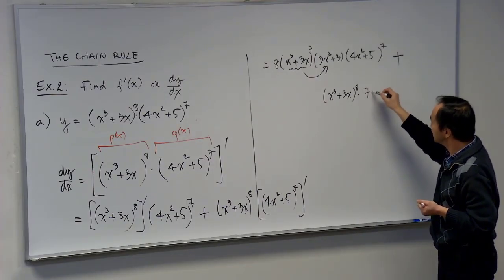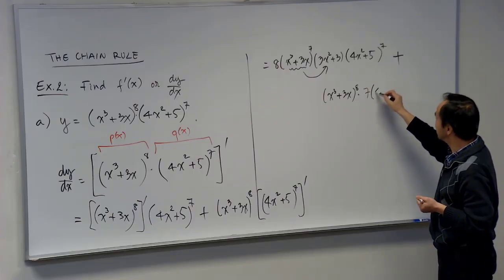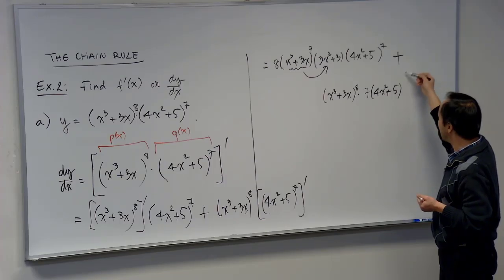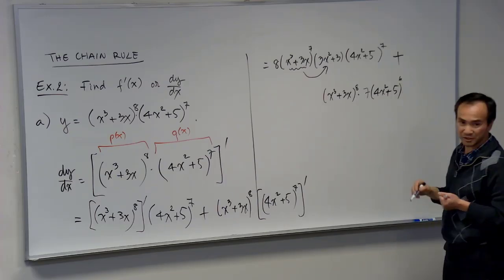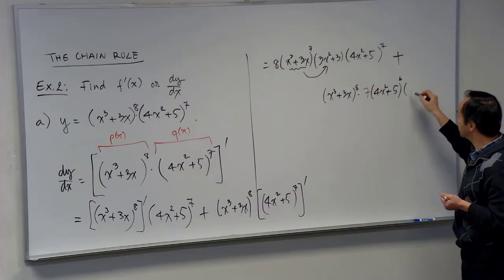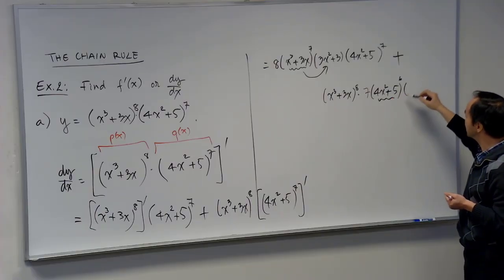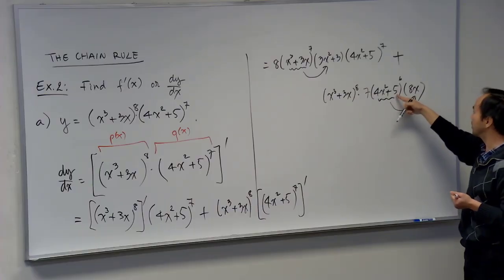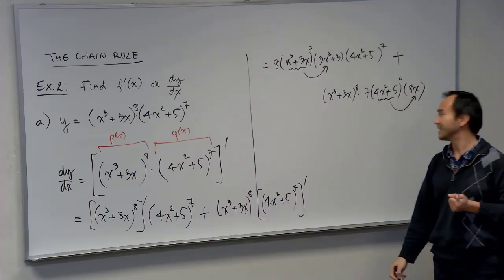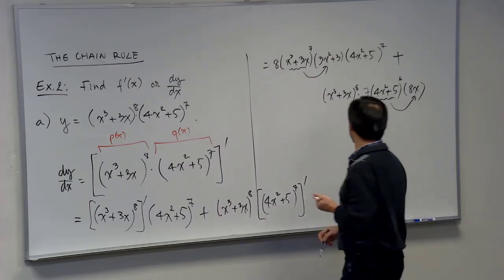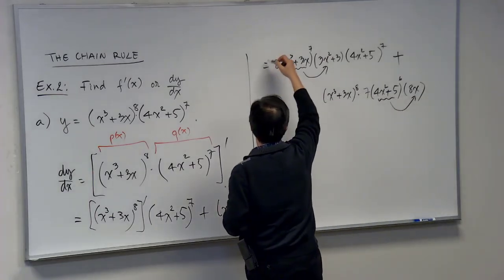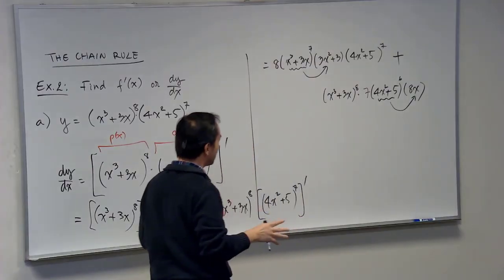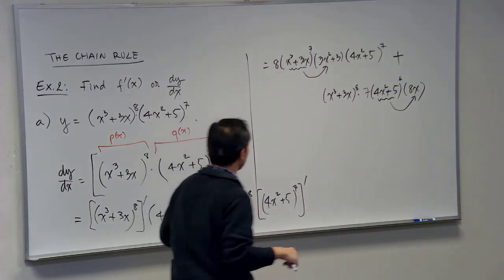We have 7 times 4x squared plus 5. The outer power, we reduce that down to the power 6. And then make sure to multiply with the derivative of the inside, which is going to give me 8x, and the constant term goes to 0. Right? And so as far as getting the derivative, we're done with that. Okay? And with this problem right here, technically we can reduce it, but we don't want to FOIL